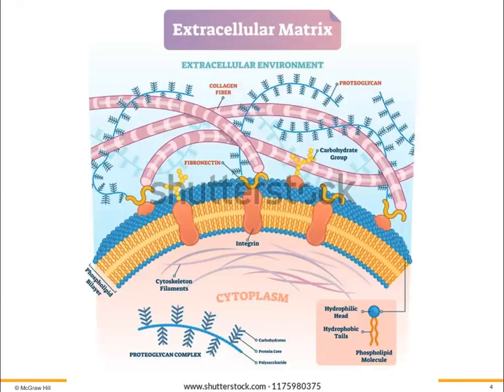So the extracellular material is all of the material that exists on the outside of the plasma membrane of a cell. And if you remember from our last module, that membrane is what separates the internal workings of the cell from the external features. Now, the extracellular matrix includes fibrous proteins such as collagen, that's pictured here,